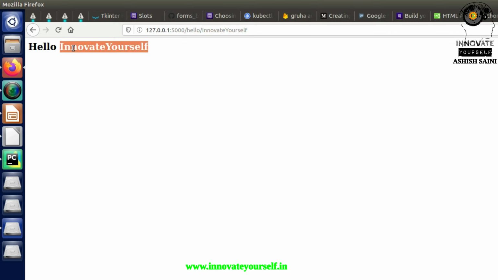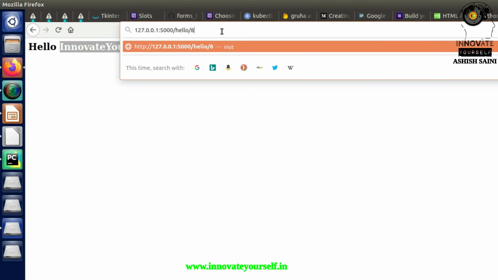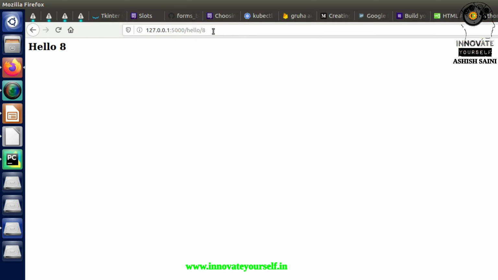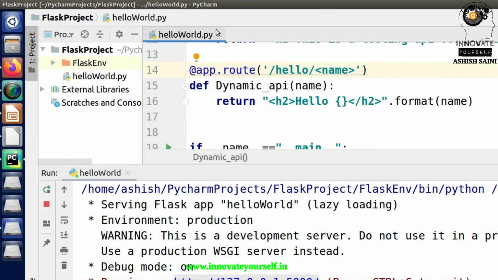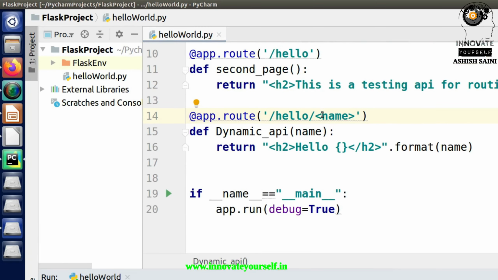But in the current scenario, whatever value I pass, it will just return me that part. So it's not like I only have to specify the name, or create it in such a way that it only accepts the data that I am going to specify. Let's say I want to take the name only. In that case, I have to change a little bit. Let me tell you what changes I have to make. For that, just after this variable name, or just before this